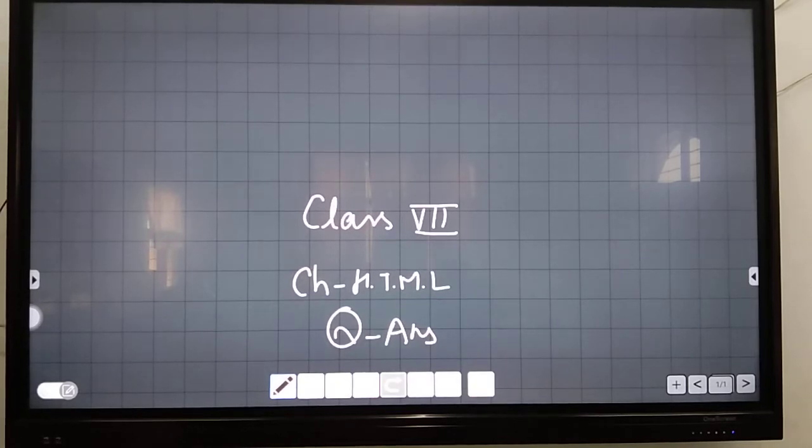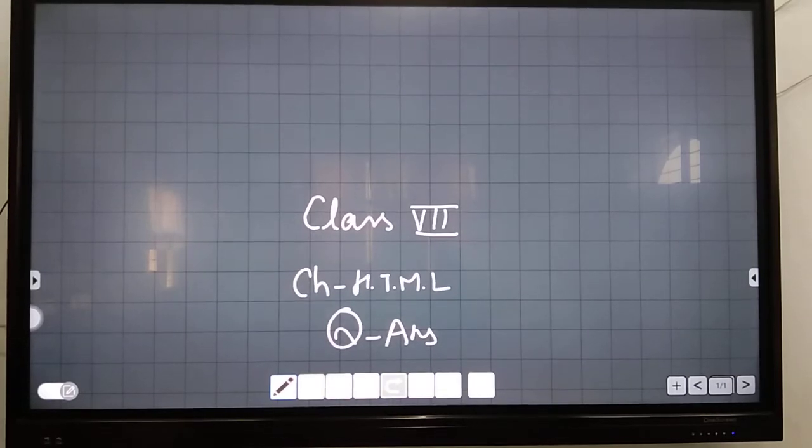How would you insert an image file named elephant.jpg? Okay, we can insert any image in HTML. First we need to go to the properties of that particular image. Then we will copy the location and the name. After that, the file name. Okay, so this you will write.